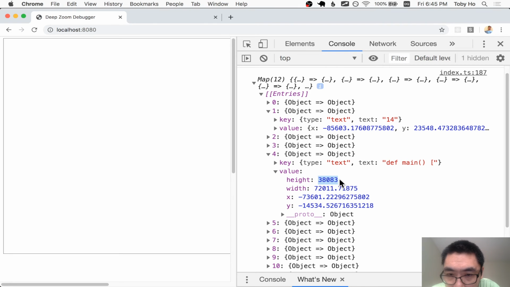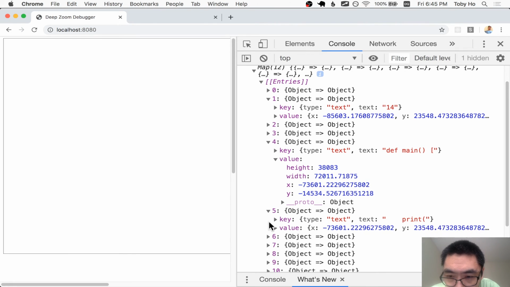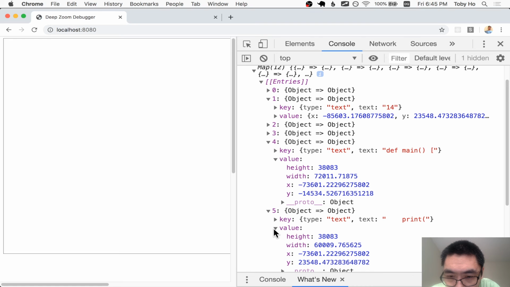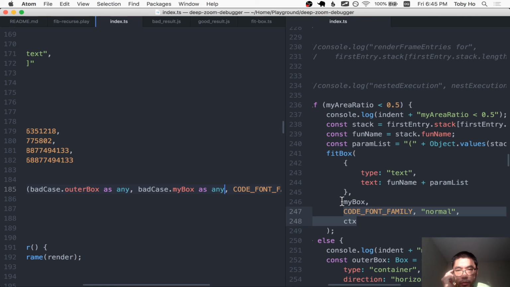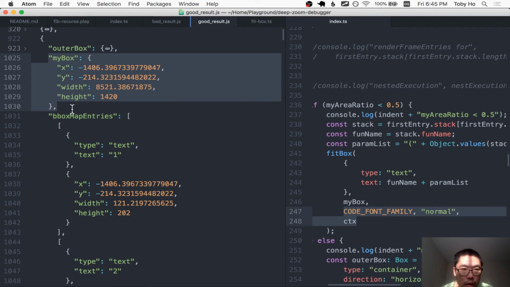Yes, that's the very large height. And presumably, if I give it a more reasonable viewport,